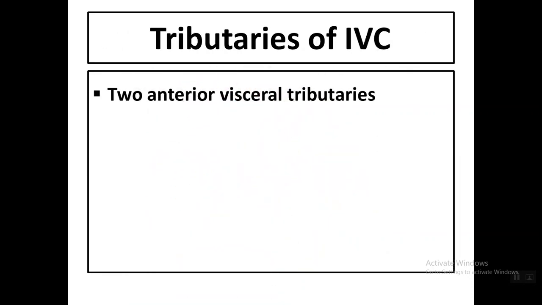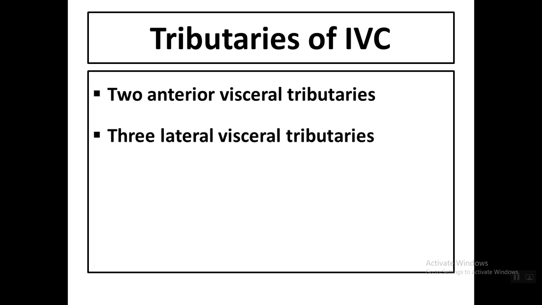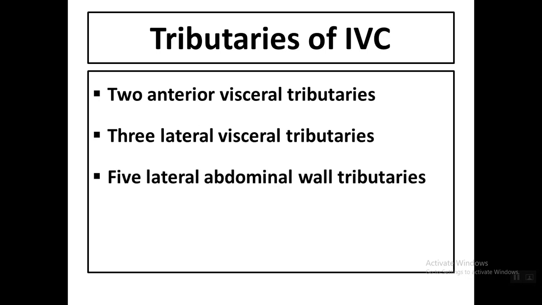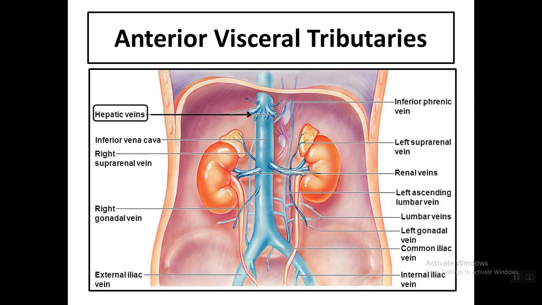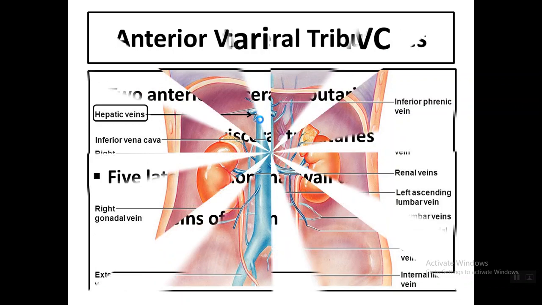What are the tributaries of the inferior vena cava? In the abdomen, it has 2 anterior visceral tributaries, 3 lateral visceral tributaries, 5 lateral abdominal wall tributaries, and 3 veins of origin. Here we will see the inferior vena cava. These are